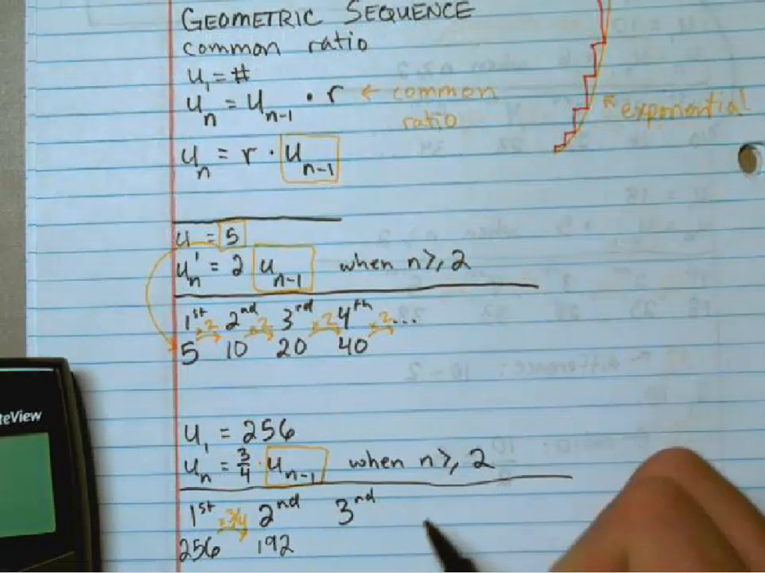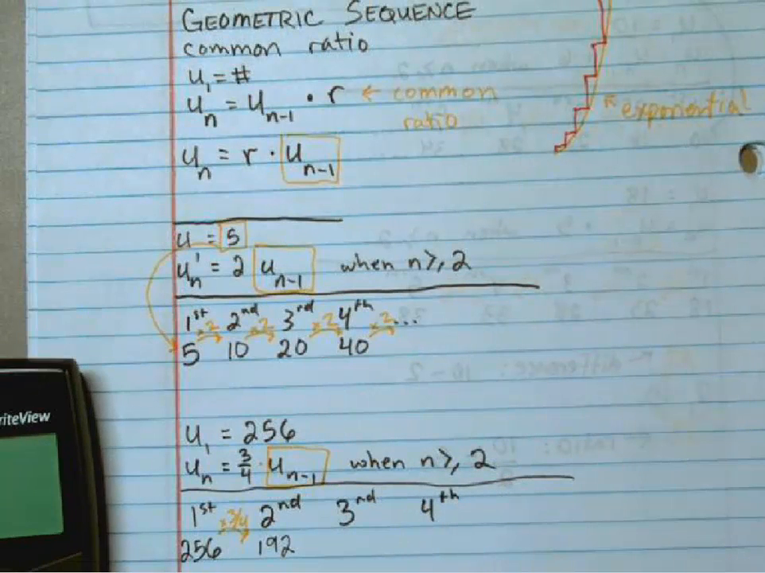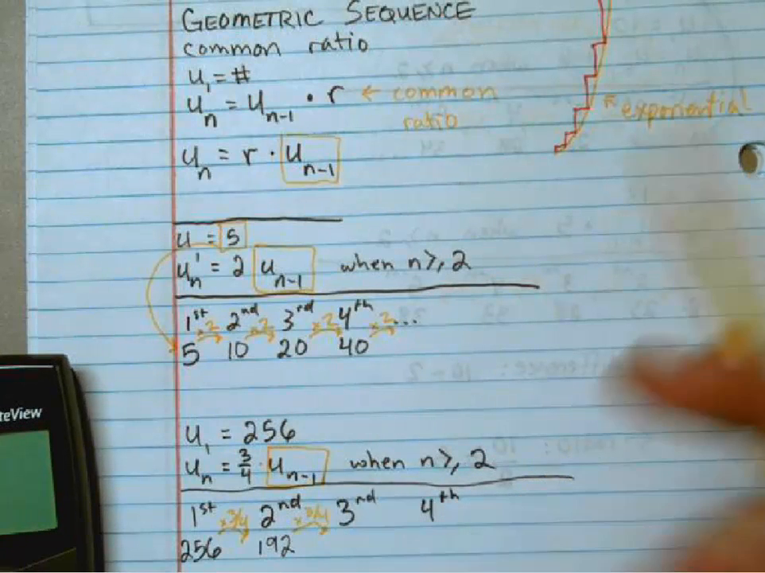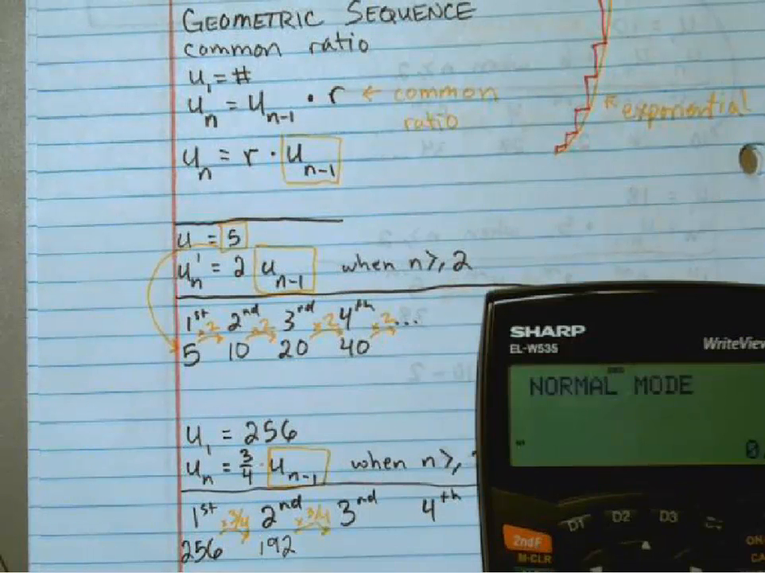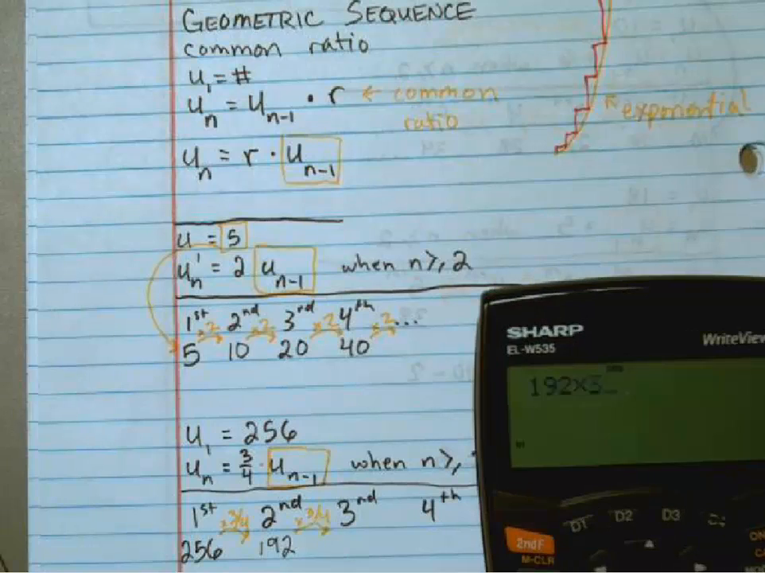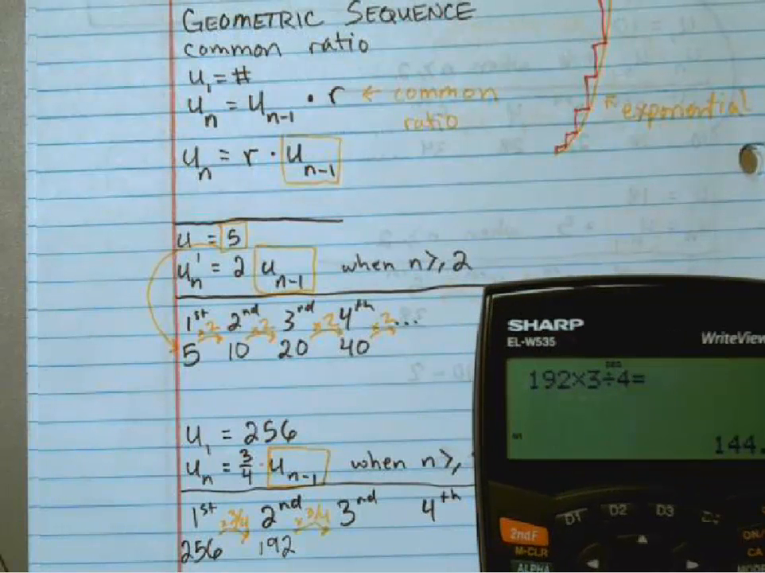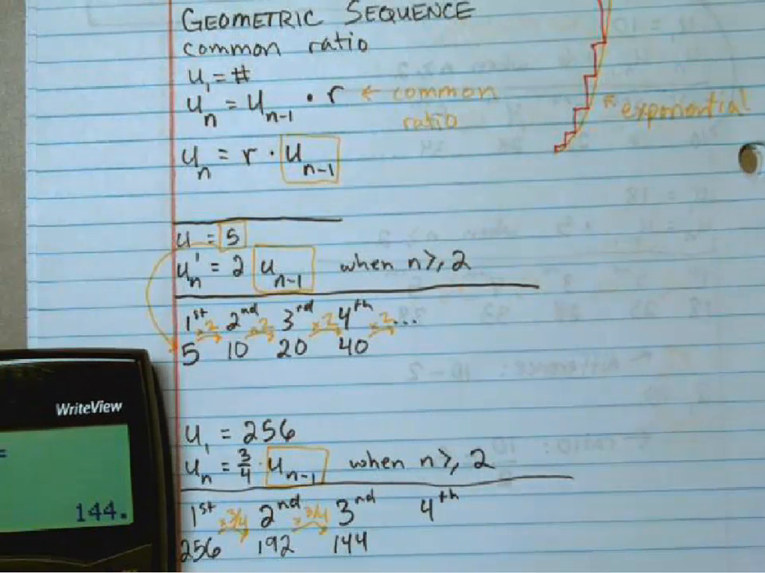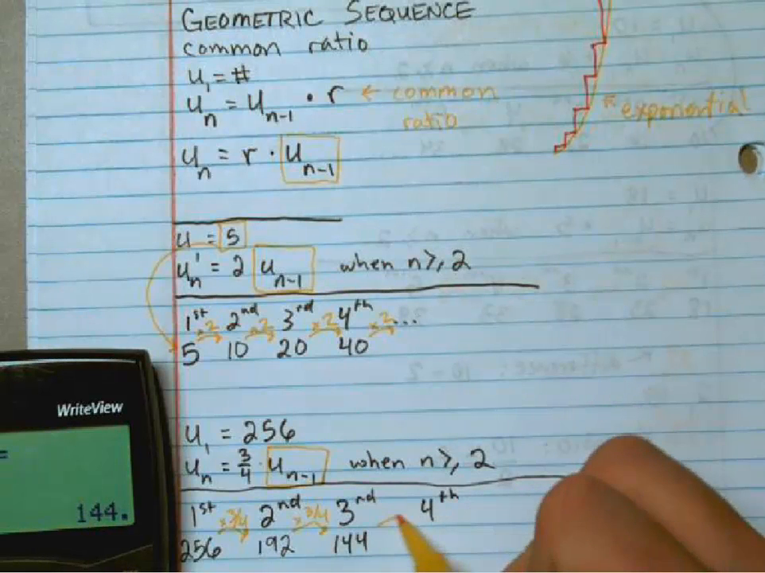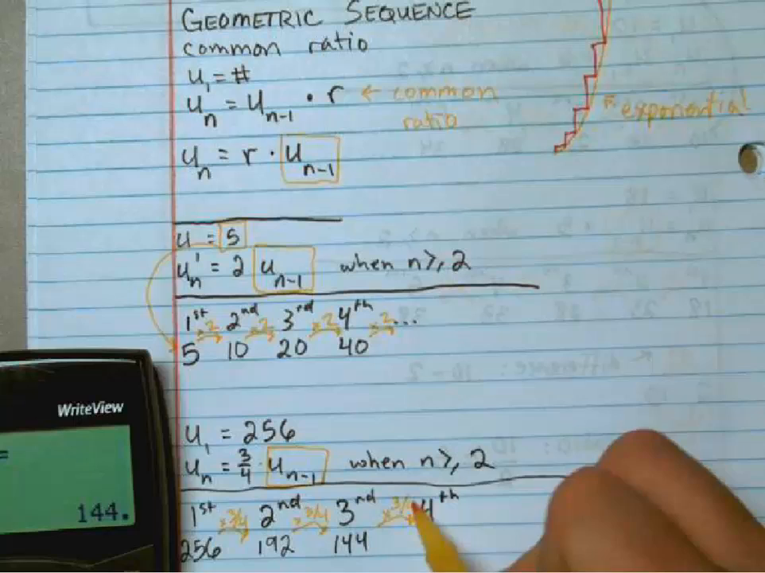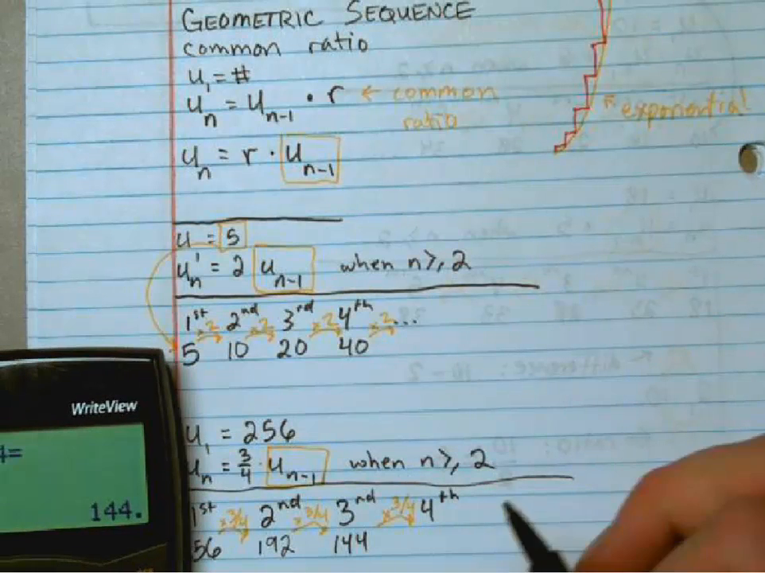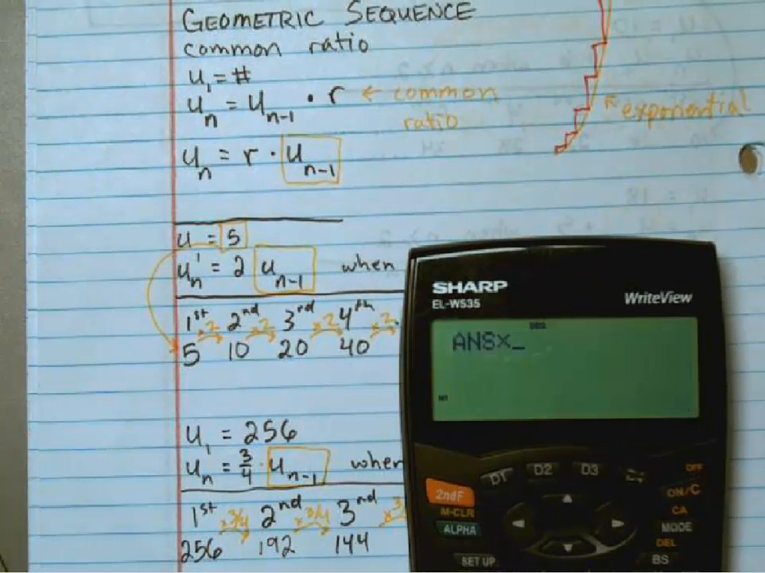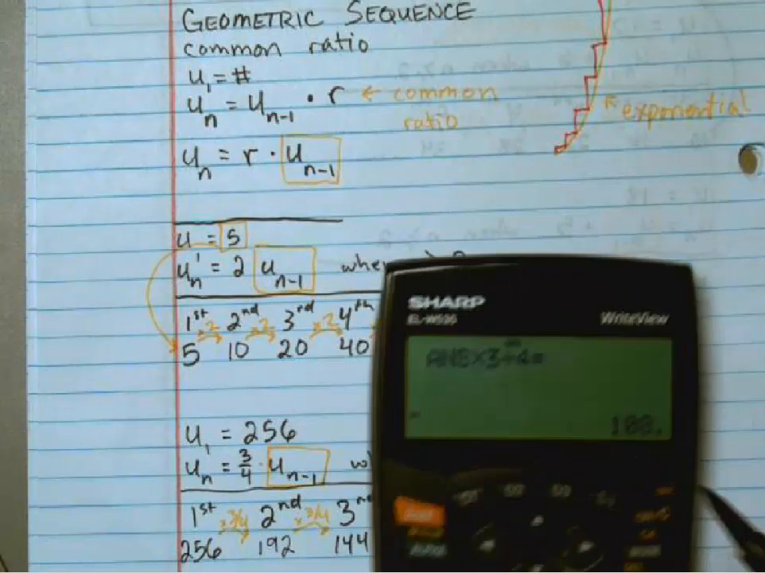What about the third term and the fourth term? Well, to find the third term, we're going to do the same thing. We're going to multiply by 3/4. So 192 times 3/4. I get 144. How do I find the fourth term? Take 144 and multiply it by 3/4. Now in this calculator, I can just go times 3 divided by 4, and it'll tell me the next term,